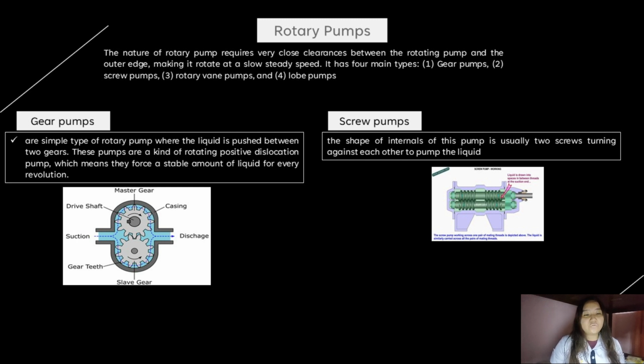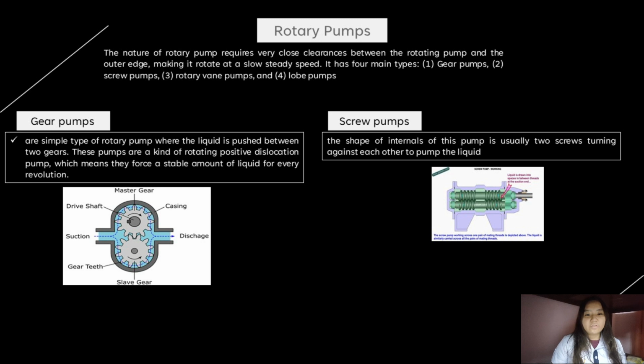It also has four main types, which are the gear pumps, the screw pumps, the rotary vane pumps, and the lobe pumps. For the gear pumps, these are a simple type of rotary pump where the liquid is pushed between two gears. These pumps are a kind of rotating positive displacement pump, which means they force a stable amount of